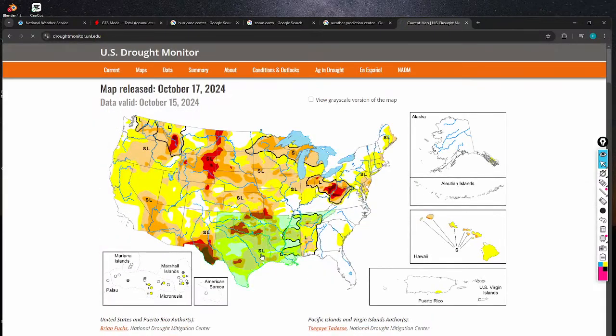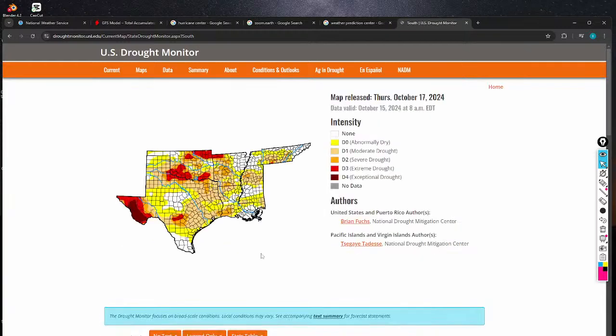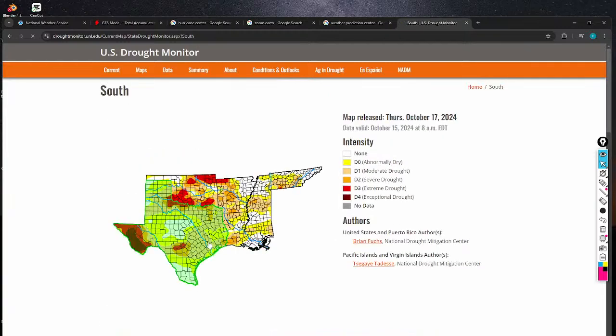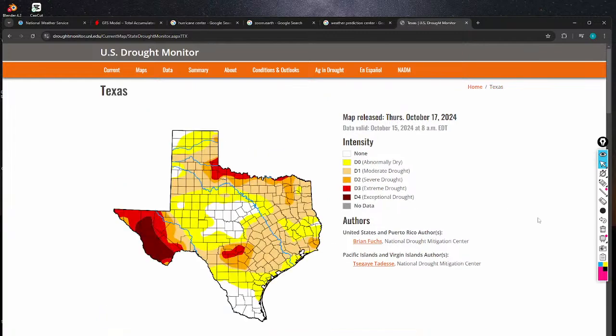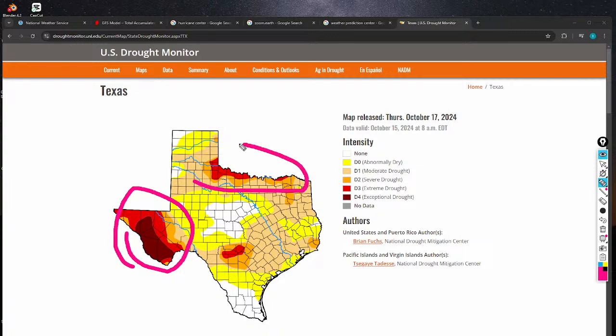Yeah, so this is Texas down here. I will show you the whole entire map, but this is basically Texas right now. They're in a drought, mainly in the more desert, mountainous areas down here, or over here. And then apparently parts of the north that are mainly connected to Oklahoma and Texas are also in a drought, including San Antonio, Austin, and a few other small cities over here.